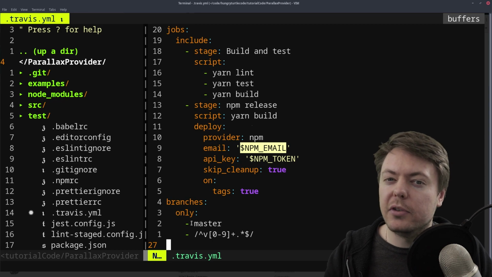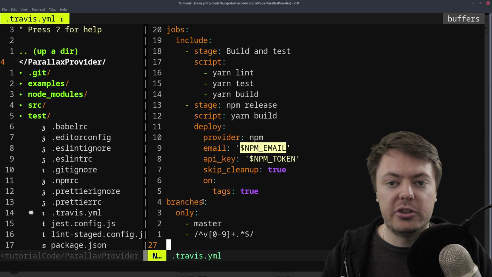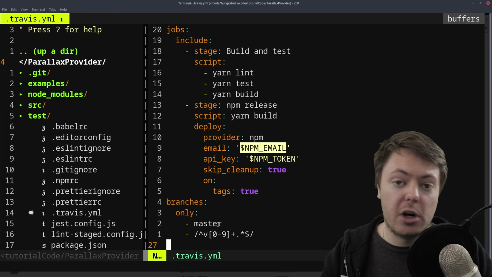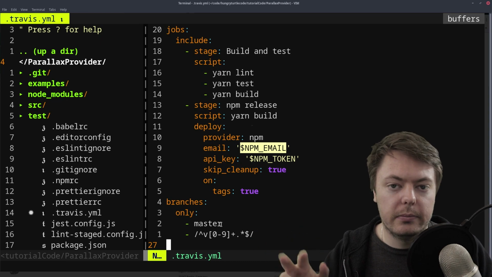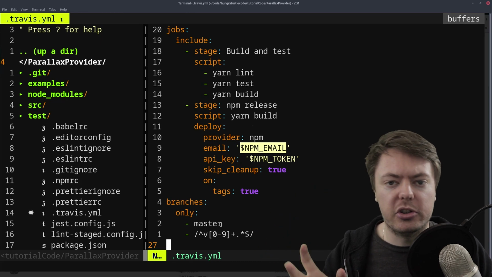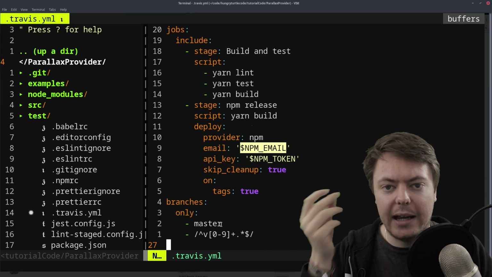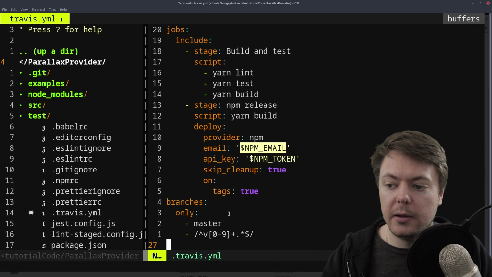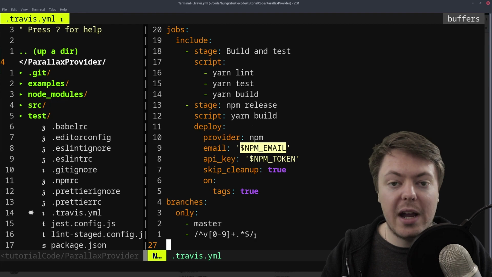So this is actually quite confusing. This isn't just branches. This is commits that have some kind of label on them. So everything in the master branch will have the label of master. Like, label isn't a real term here, I'm just using it as a way to anchor it in your mind. So anything on the master branch will trigger a Travis build, but then we're also specifying this regex,